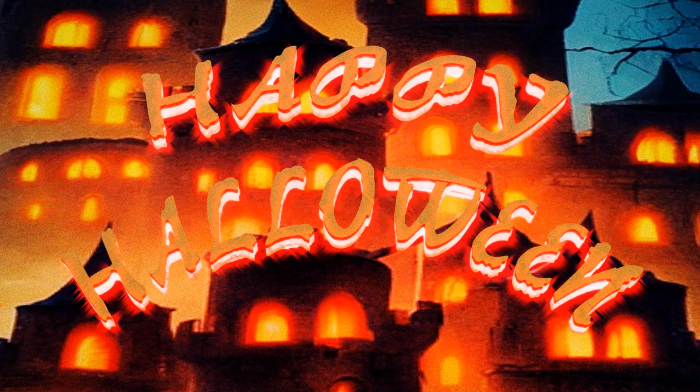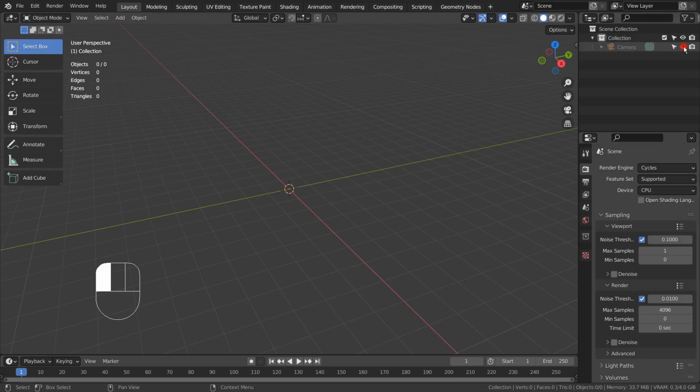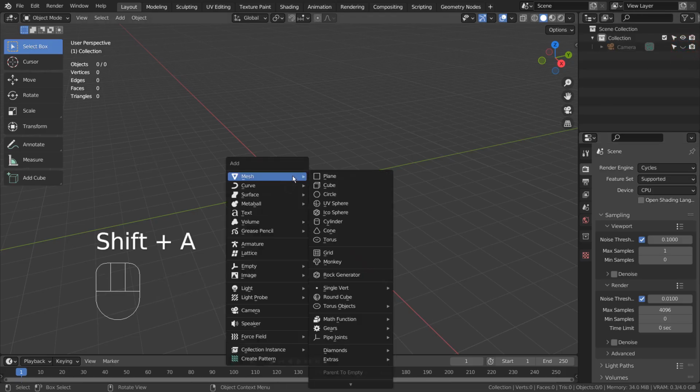In this tutorial, I'll show you how to create this Happy Halloween render image. Let's create a text object, and edit the text.